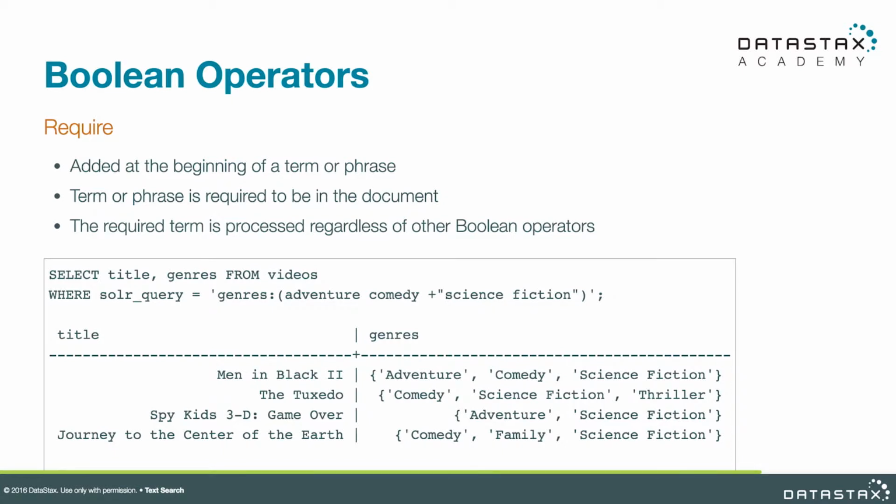a phrase, means that that phrase or term has to be in the document regardless of what the other Boolean conditions would have indicated. So in our example here, where we're selecting title and genres from videos, and the query is genres, and then we have a group, adventure, comedy, require the phrase science fiction, the space delimited terms inside that group, there's an implied or. So you can see in the results, all of them are science fiction and have some other combination of adventure